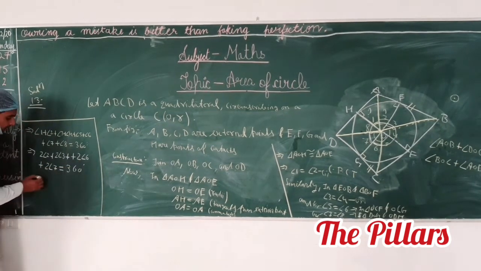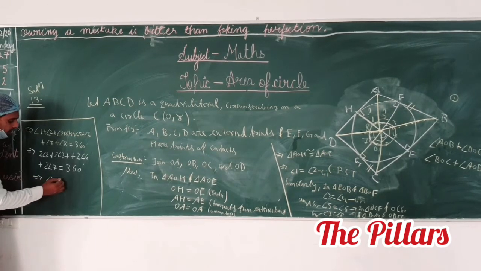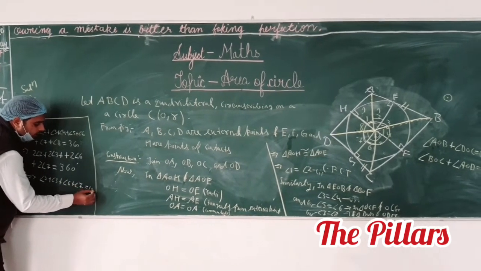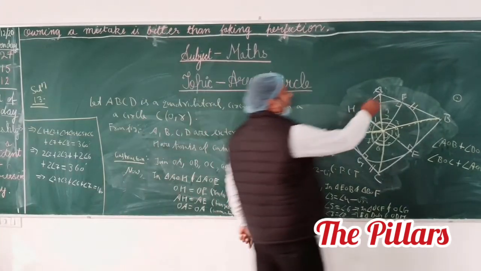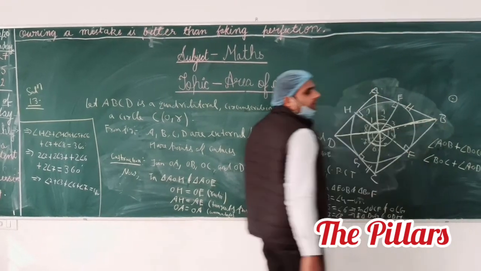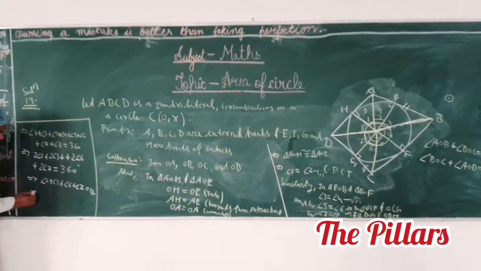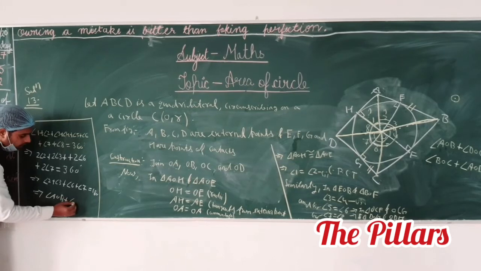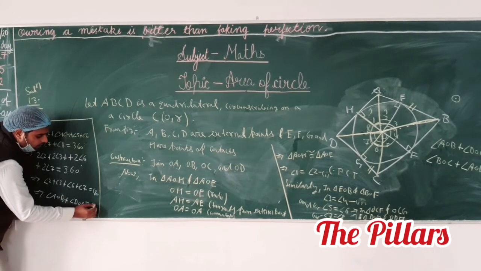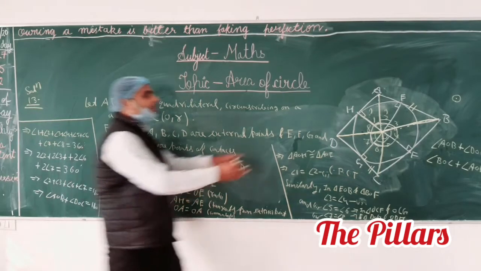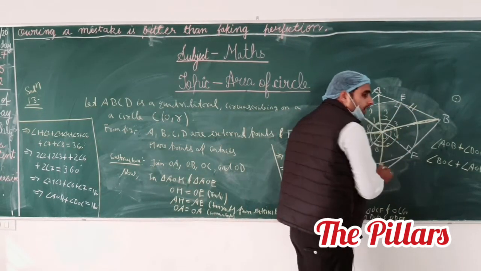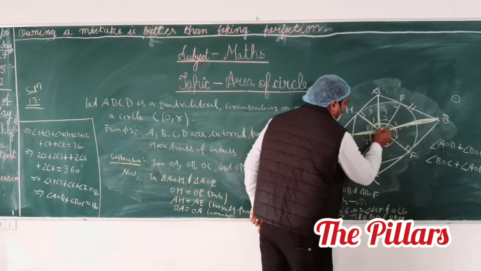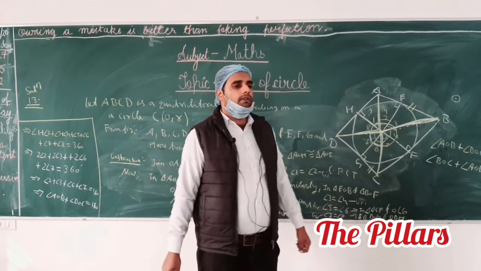2 we have to take common. This implies that angle 2 plus angle 3 plus angle 6 plus angle 7 equals what? 180 degrees. You see that angle 2 plus angle 3 is angle AOB. This implies that angle AOB plus angle DOC equals 180 degrees. So the angles made by opposite sides of a quadrilateral at the center are supplementary. Does anyone have any problem in this question?